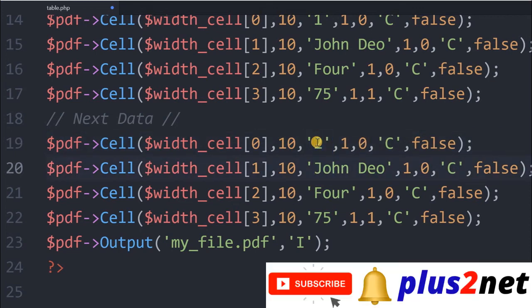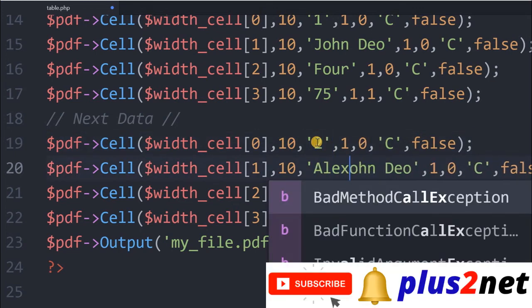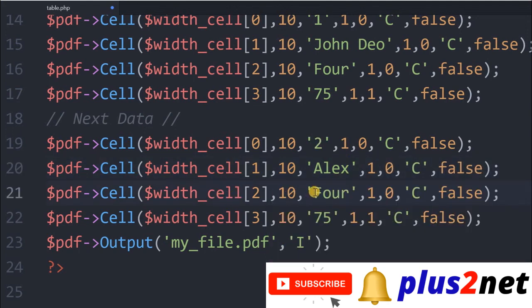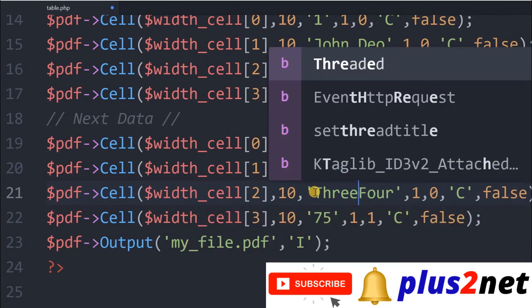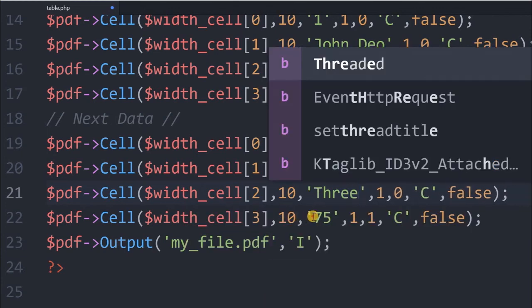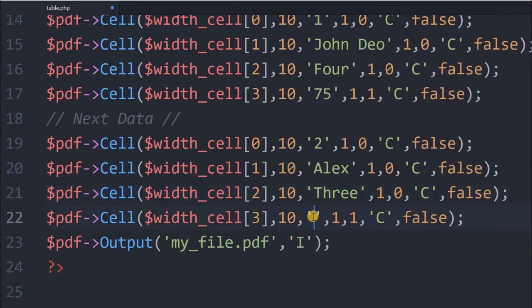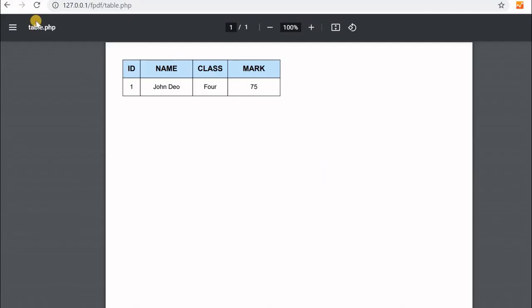Now instead of John Tio, we'll say Alex, anything in the name you can change. Now class, let's say class 3. Mark, put any mark you like. That's all. Let's save this and refresh. Yeah, you can see the second row is added.